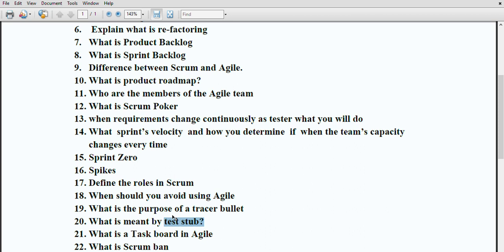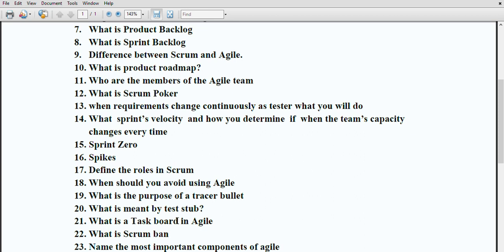If we want to replace a particular code with another, it is known as a test stub. So this code is basically a generalized code which you can replace with already developed code or part of the code.